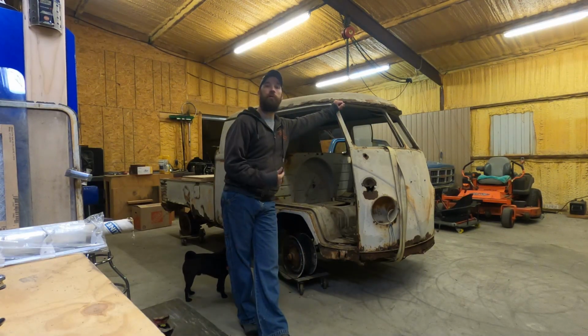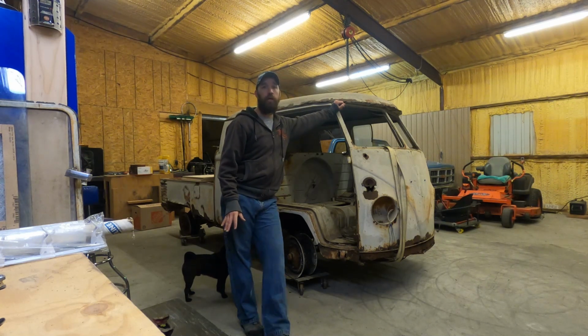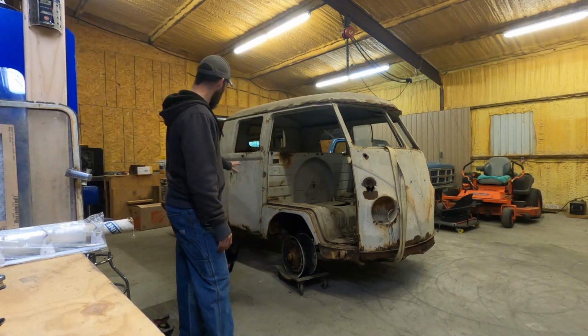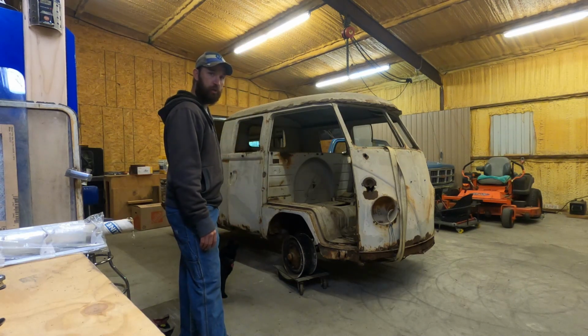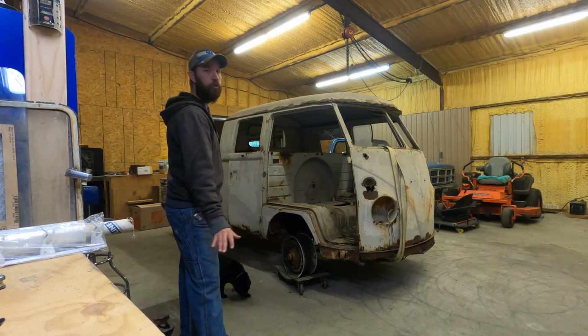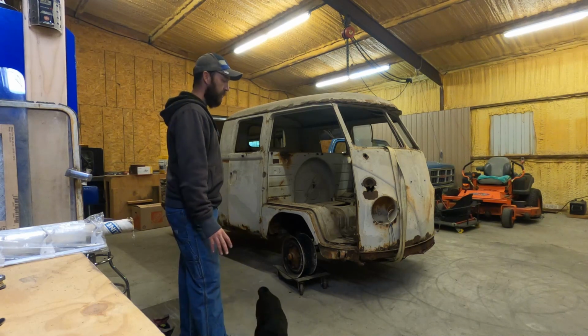Short and sweet. I'm gonna get my butt to work. It's kind of a cold day today, but the goal today is I gotta take the front suspension out, the rear suspension, transmission, axle, all that stuff. Pretty much get all the suspension underneath it. And I'm gonna put it up on